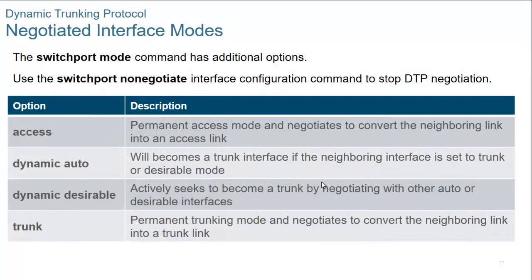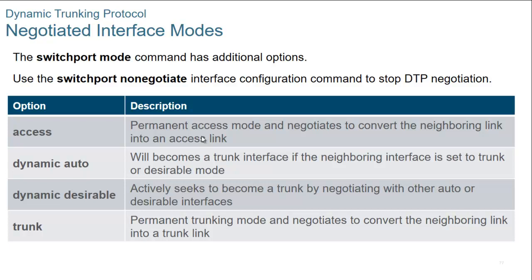The switchport mode command has additional options. As previously mentioned, you can use the switchport nonegotiate configuration command to stop the DTP negotiation. Now the options under switchport mode are access, dynamic auto, dynamic desirable, and trunk. Access is permanent access mode and negotiates to convert the neighboring link into an access link. So he says, I am access, I want you to be access,